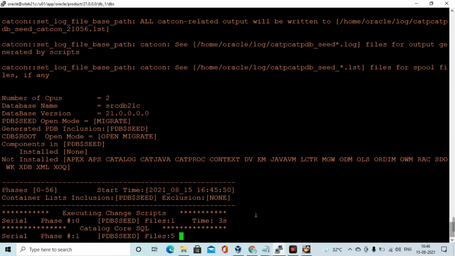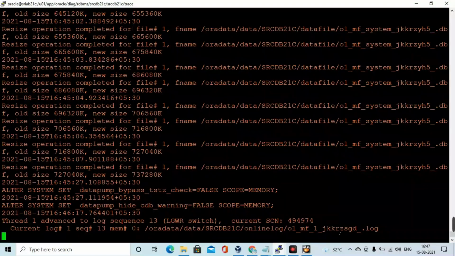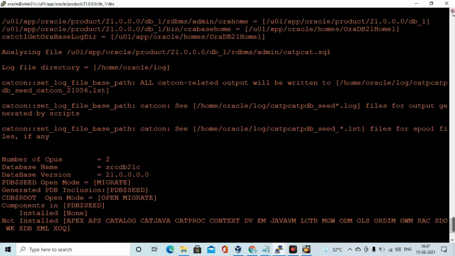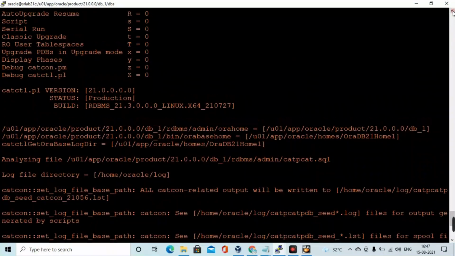You can see that the CDB root has completed and it's proceeding with the PDB seed, where the catalog and catproc scripts are executing. For both of these containers, it will execute phases 0 to 56. It will take quite a long time, based on the resource availability in your server. So you need to wait for this script execution to complete.